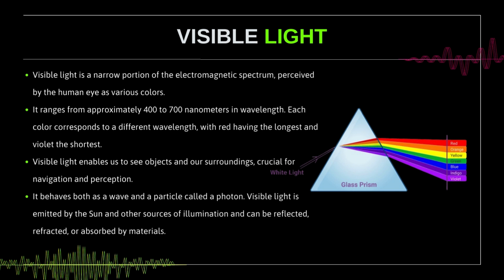Visible light enables us to see objects and our surroundings, crucial for navigation and perception. It behaves both as a wave and a particle called a photon. Visible light is emitted by the sun and other sources of illumination and can be reflected, refracted, or absorbed by